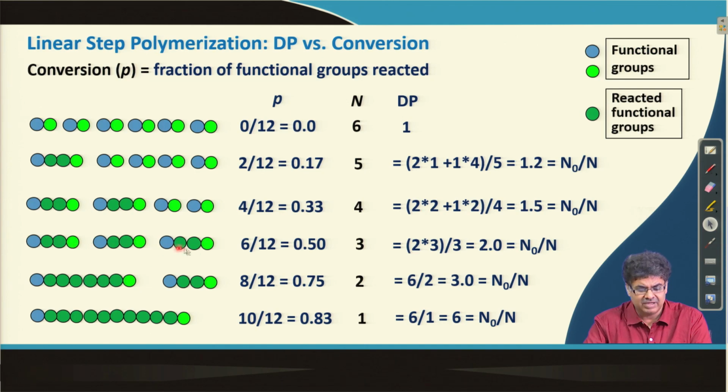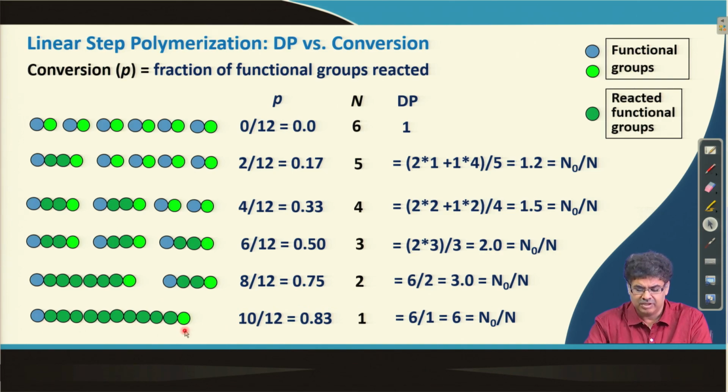Similarly, when all the molecules have reacted, we have 10 functional groups reacted. So, the fractional conversion is 0.83 and the degree of polymerization is 6, because 6 molecules have joined to make a polymer,